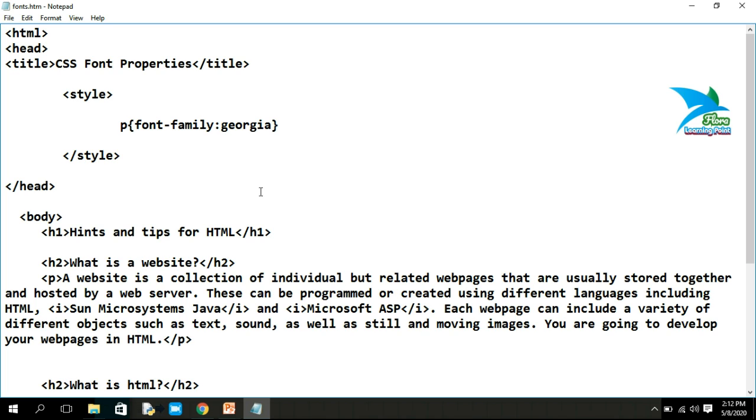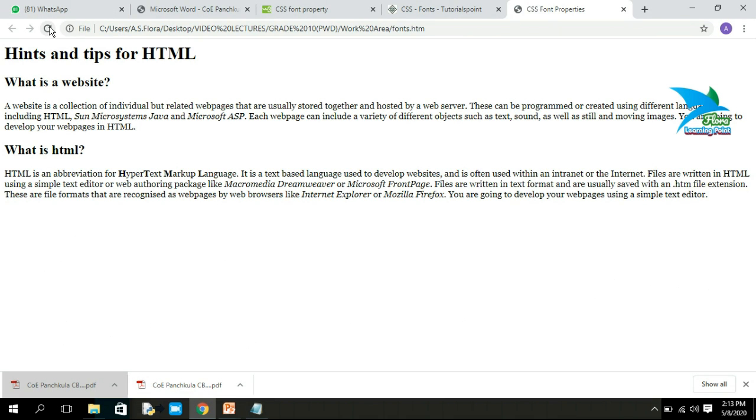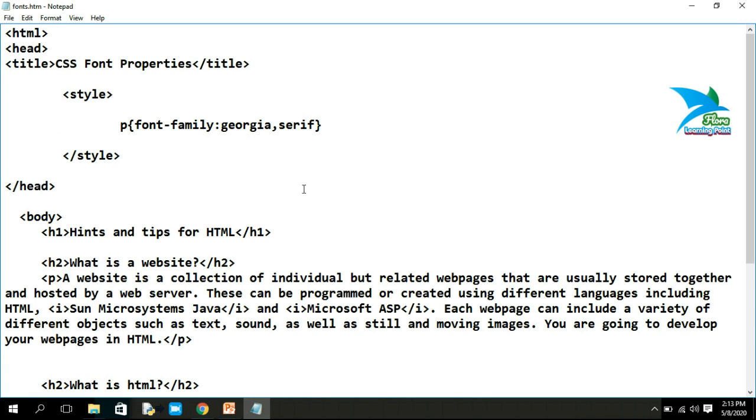But the Georgia font is supported by my browser. So if you want to specify another, generic font name, then you can specify it here after a comma, serif, then refresh. But that secondary generic font has no effect on my browser because my browser supports the Georgia font. So that is all about how we can use the font family property